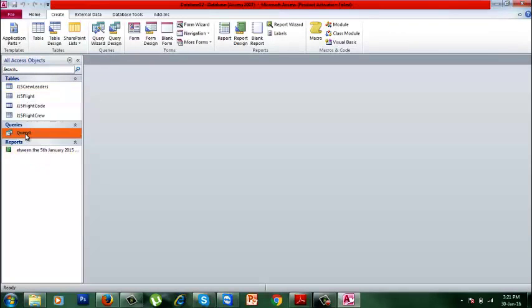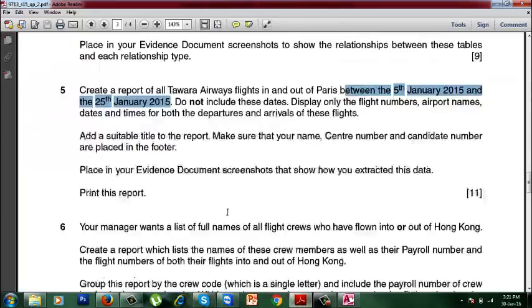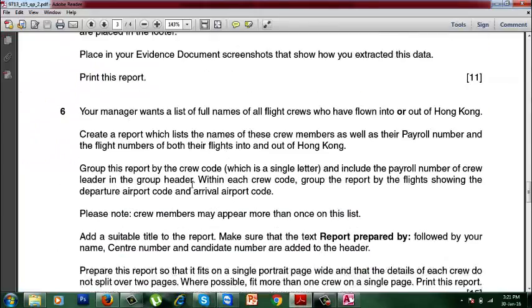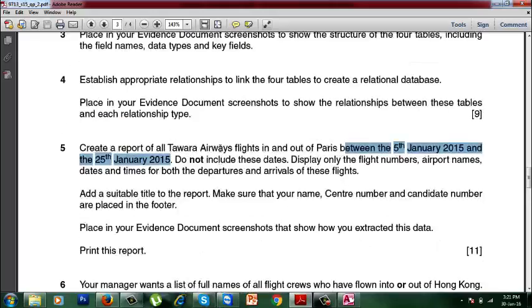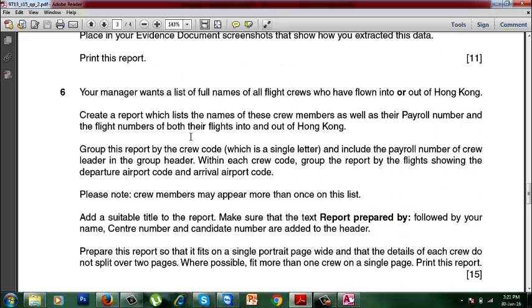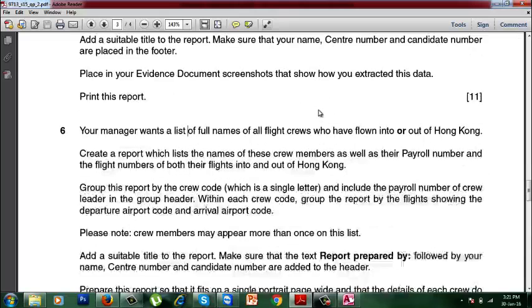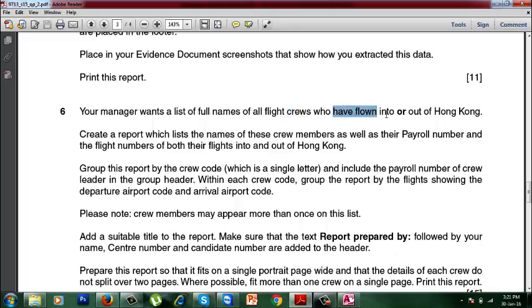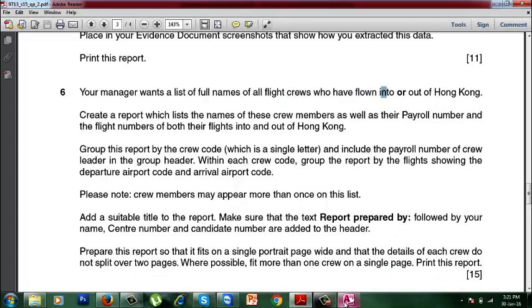And we can even rename this as this so that we can remember it afterwards. Next part. Your manager wants a list of full names of all the flight crews who had flown into or out of Hong Kong. Create a report. Okay. So what I'll do is